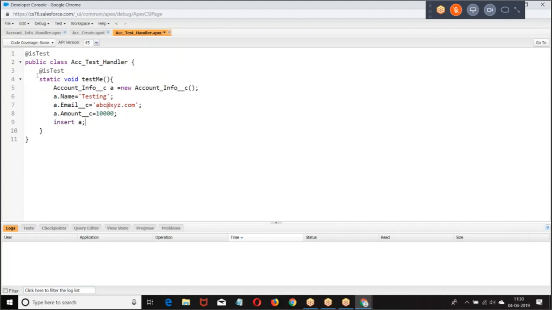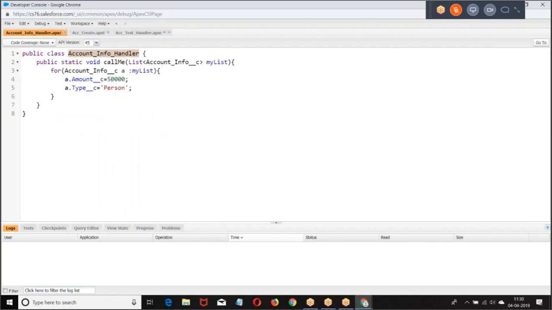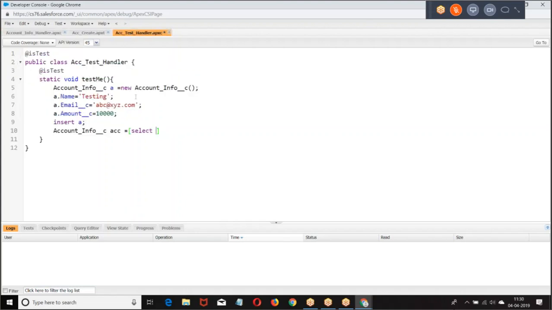When I insert the record, if the trigger is working fine, what will happen? The value of amount should be set as 50,000. Type should be set as person.